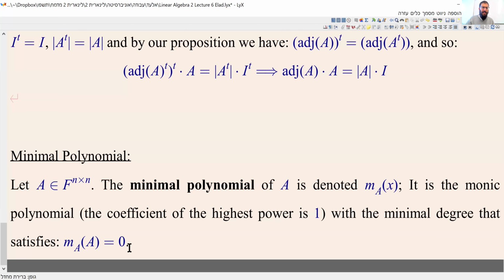Now in Hebrew, you say as a verb, me'apes. How do you say it in English? Zeroing? Okay. Zeroing works. The minimal polynomial that's zeroing A. And yet again, because one can think of, okay, if it's x minus 2, it's probably 2x minus 4. So in order for it to be unique, we define it as the monic polynomial with the coefficient of 1 for the highest power. Let's write down a quick example, and then